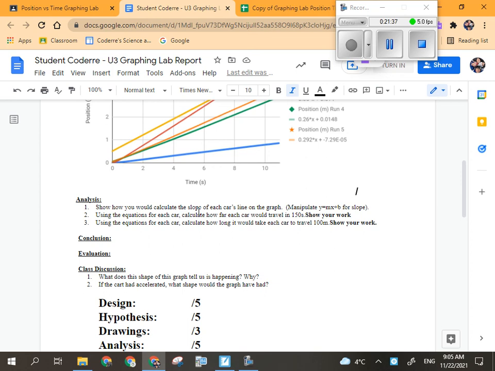Then for your conclusion, does your graph fit? Were you able to calculate the velocity? And what represented the velocity, if it's on there? And then your sources of error, 2 of them, and ways to fix them. You don't have to do the class discussion. We will talk about those when I hand back the lab reports. Okay, any questions? All right, have at her. If there are questions while you're working, just